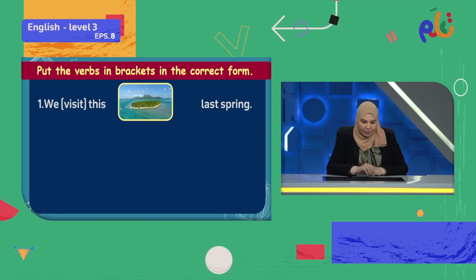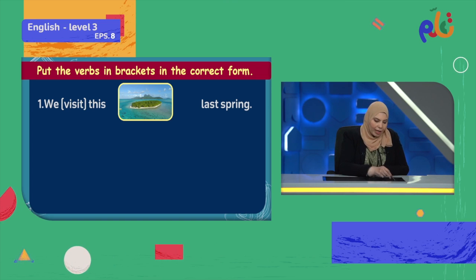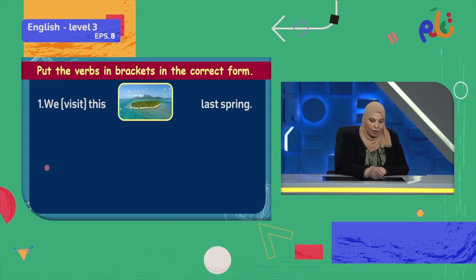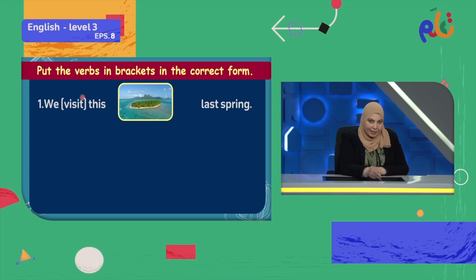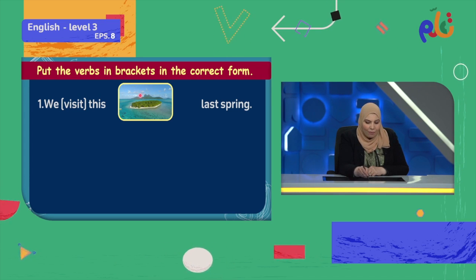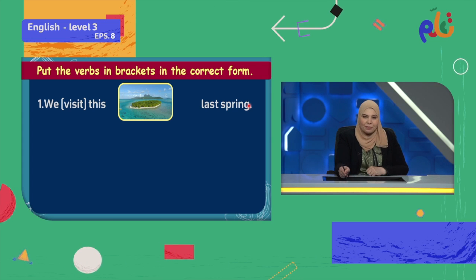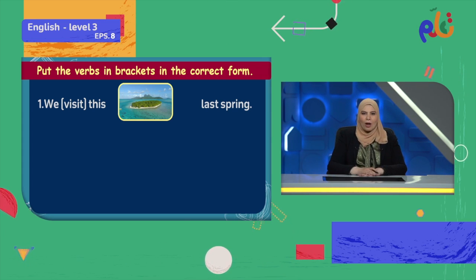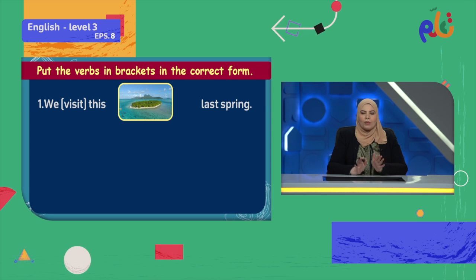So let's start. Here we have the first one. We visit, this is the verb that is not correct, this. And we have the picture, last spring. Let's think together which form the verb should be in. When we talked before, we said that when I speak about an action finished in a specific time,